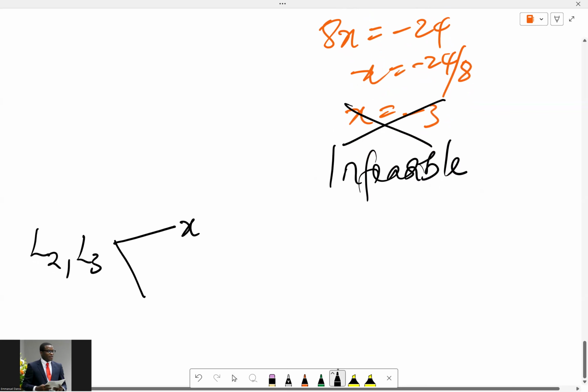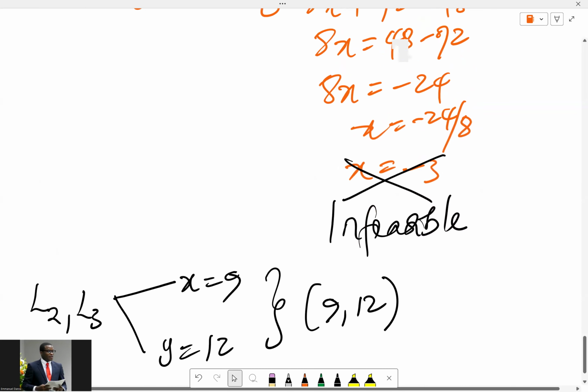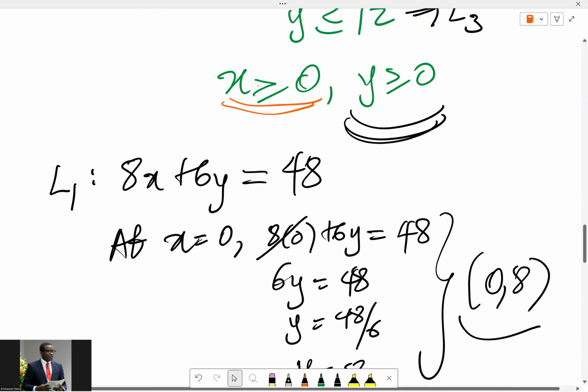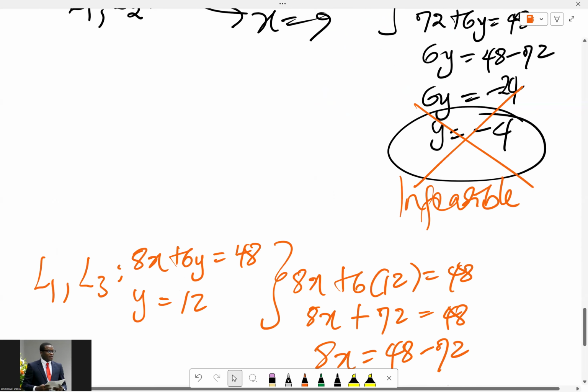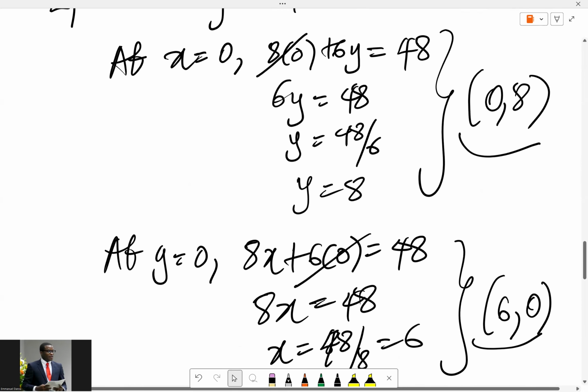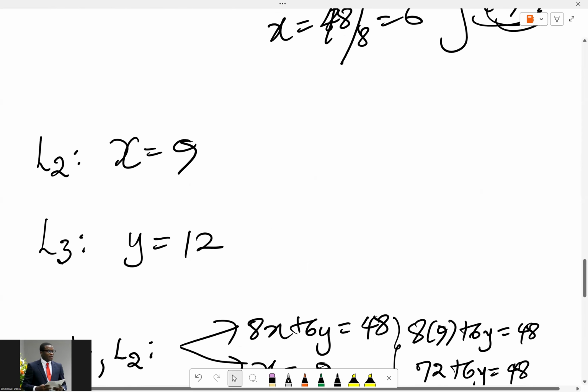Okay, x equals 9, y equals 12. If you combine the two, you just have (9, 12). Does this actually make any sense in the long run? Let's see, until we plot. How many points do we have to plot? We have (0, 8), (6, 0), and (0, 8), (6, 0), and then